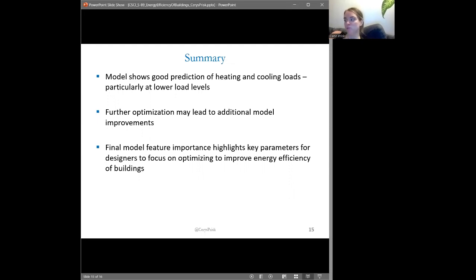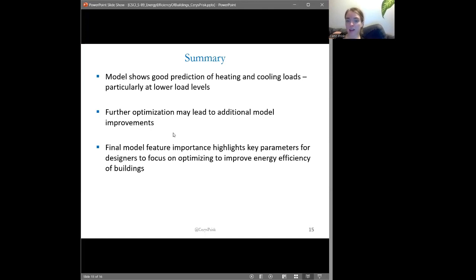For example, looking at would additional hidden layers be beneficial? Do we want to look into dropout? I didn't look into optimizing the activation functions for the different layers. There's plenty more hyperparameter tuning I could have done with the model. I also could have looked further at the glazing area distribution, which showed signs of it being a binary categorical variable rather than it being split into 6 different classes. So again, that could help get further performance out of the model.